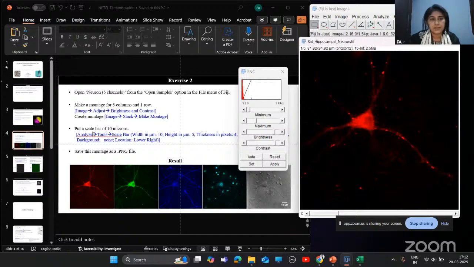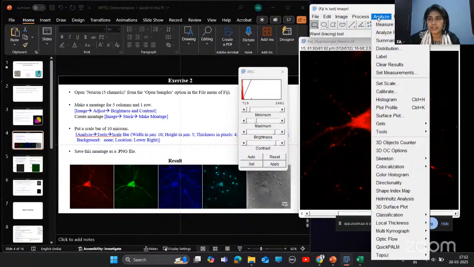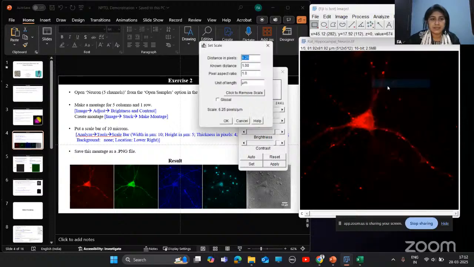Next, what you need to do is put a scale bar of 10 microns. Before putting this scale bar, we need to set the scale of this image. For this, we need to go to Analyze, Set Scale.